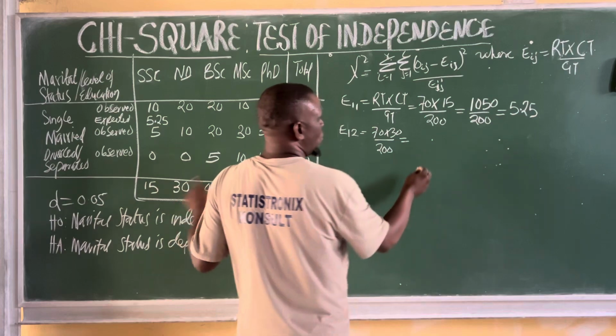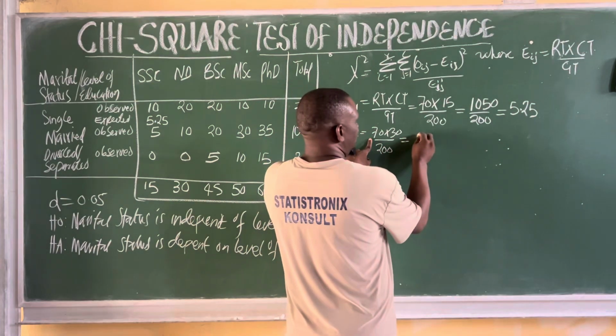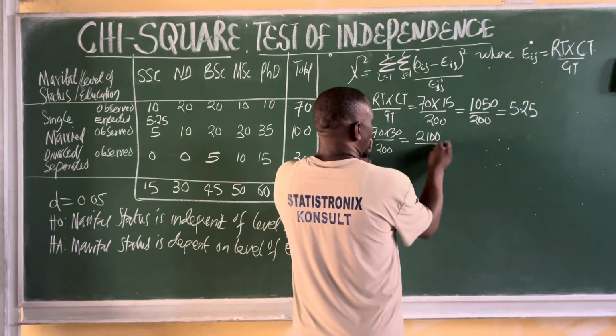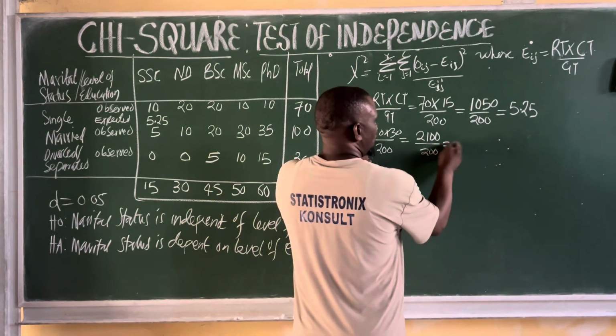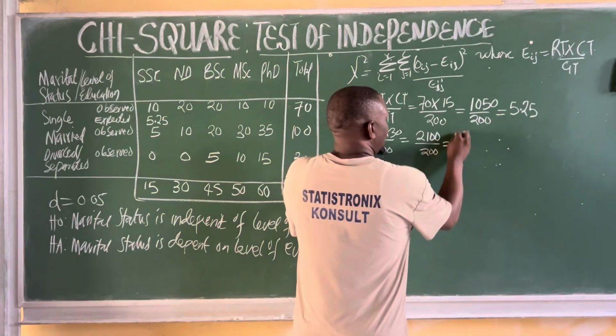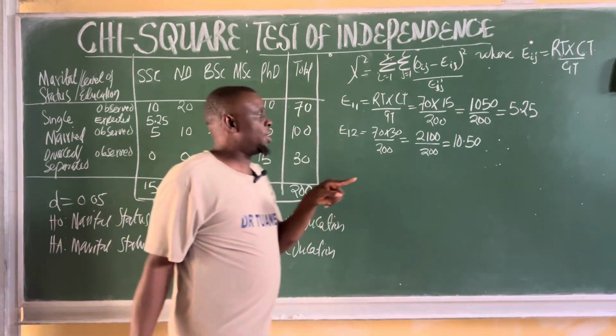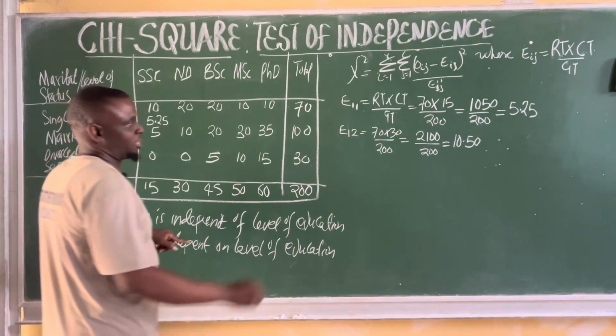And that will be equal to 70 times 30, which is 2100, all over 200, which is 10.50. Okay? So now the next thing will be our